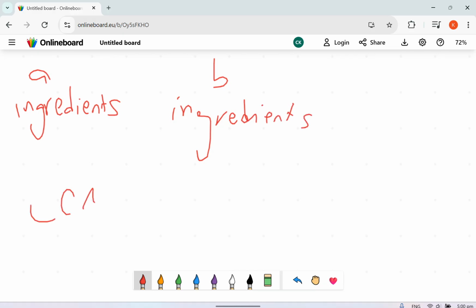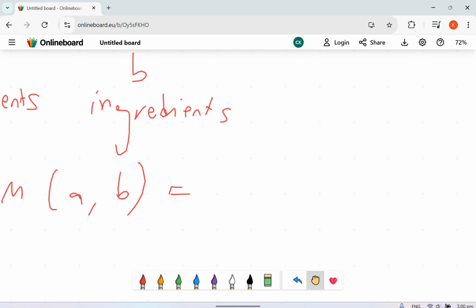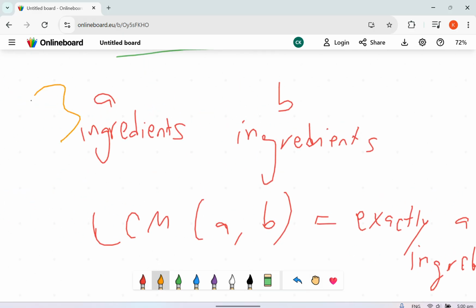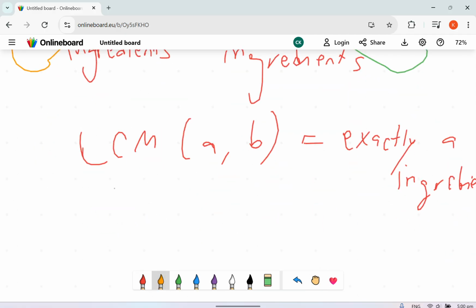The LCM of A and B are the ones that have exactly A and B's ingredients. Both of them. So let's say A's ingredients are these things, B's ingredients are these things. The LCM will basically just be both together. Which are,